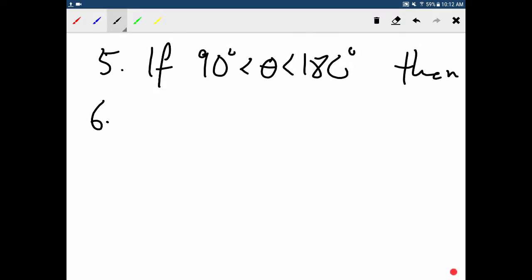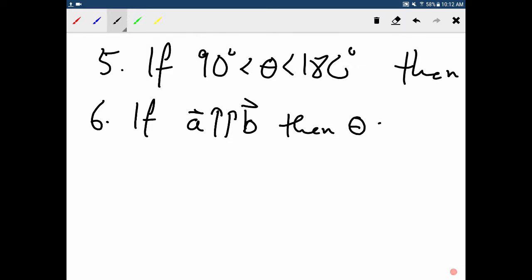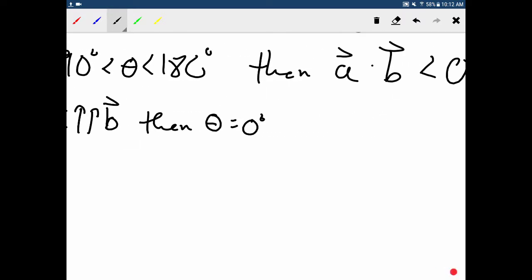Okay. So number 6. I'm going to use a symbol that I think is self-explanatory, but I'm going to explain it anyway. That means parallel, right? But I'm going to put arrows on the end. So they're collinear, but they're also going in the same direction. Then theta equals 0 degrees. And thus, because cosine theta would then equal 1, then the dot product,